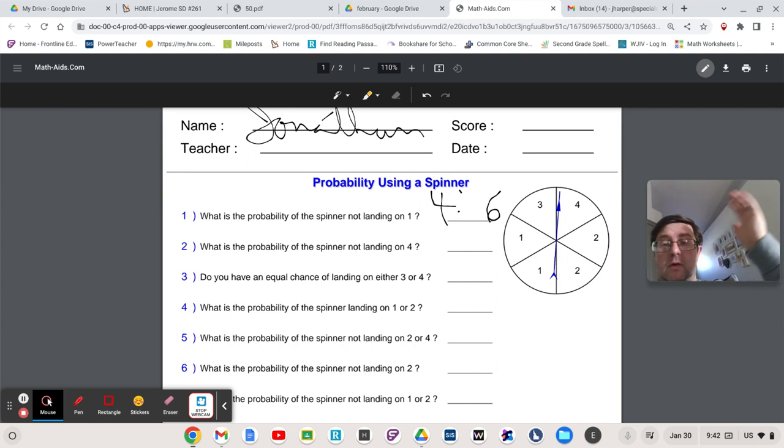Now, we're going to do all the rest of these the same way. We're not going to do the entire thing because I want to show you guys each lesson. Hopefully, once we get through this, you can